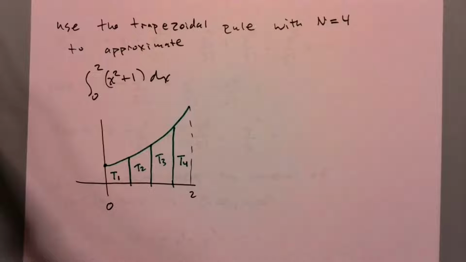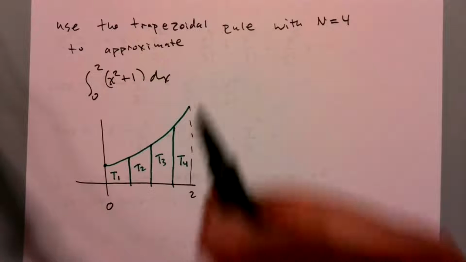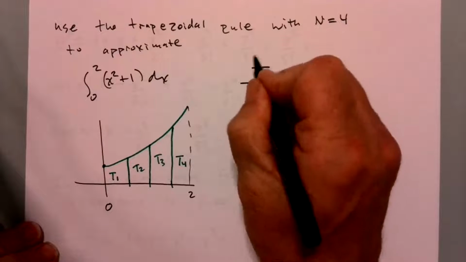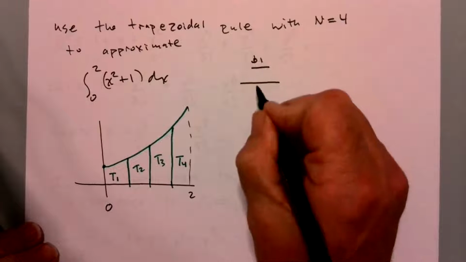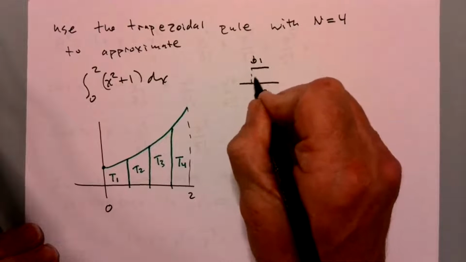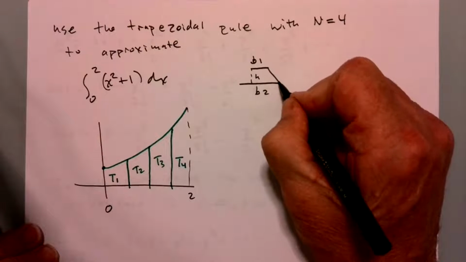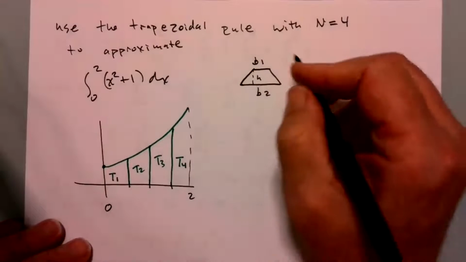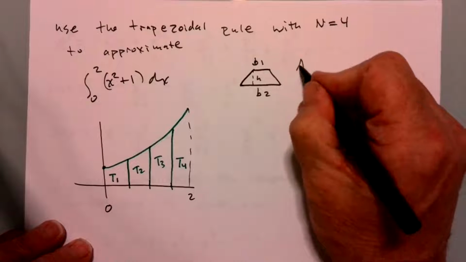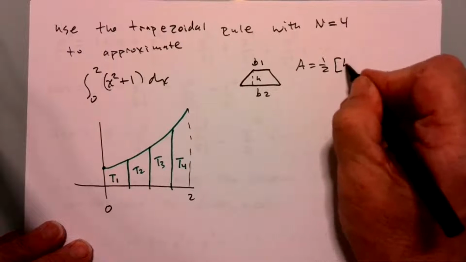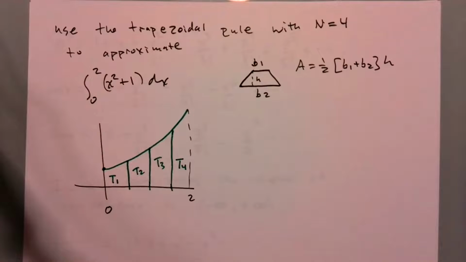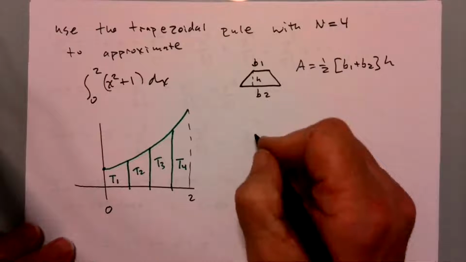Now, we've got to remember what a trapezoid is and how we find the area of a trapezoid. So let me just give you a quick reminder. This is what we usually remember. This is base 1. This is base 2. And this is the height. So I have a trapezoid like this, and I have a trapezoid like that, or excuse me, sides of the trapezoid. So the area of that trapezoid is the average of the bases, 1/2 base 1 plus base 2 times the height. So the average of the bases times the height is our formula for a trapezoid, except here our